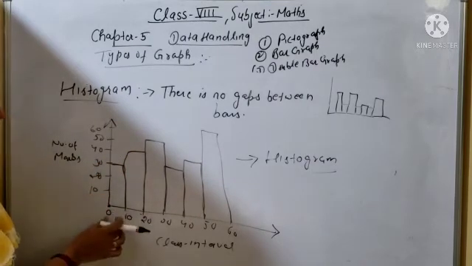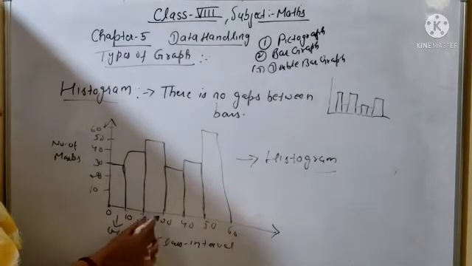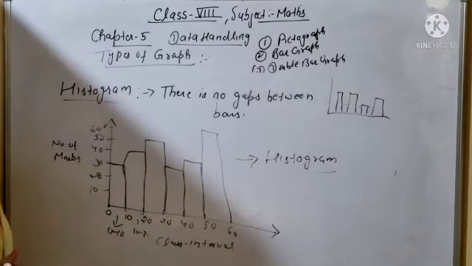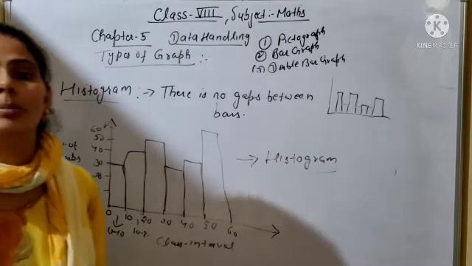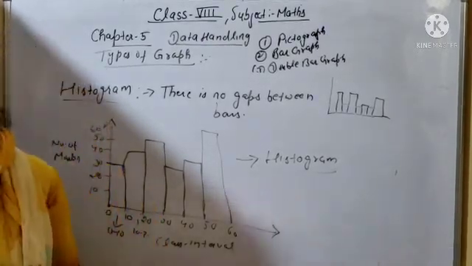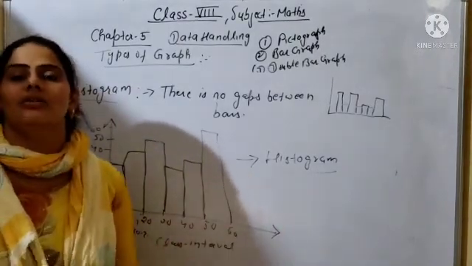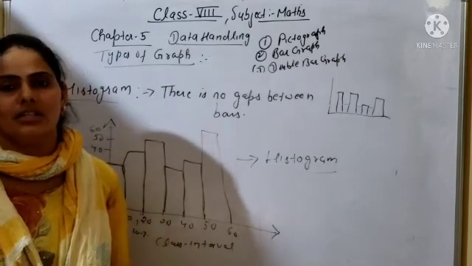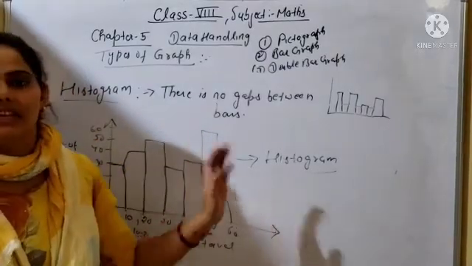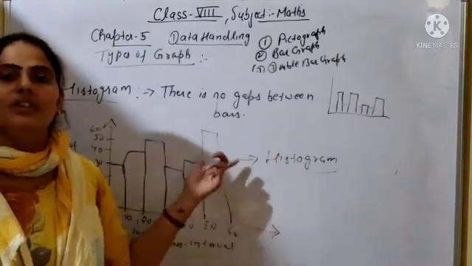Okay, so here in between 0 to 10, in between 10 to 20, 20 to 30, 30 to 40, like that you are taking the class intervals. So when a grouped frequency distribution table is given and grouping data is given, you will make the histogram. So histogram is mainly used for grouping data and grouped frequency distribution table. When data is given in class intervals, you will use the histogram.